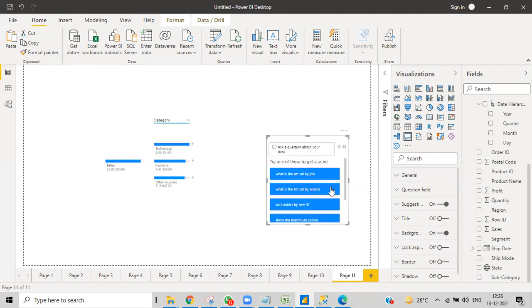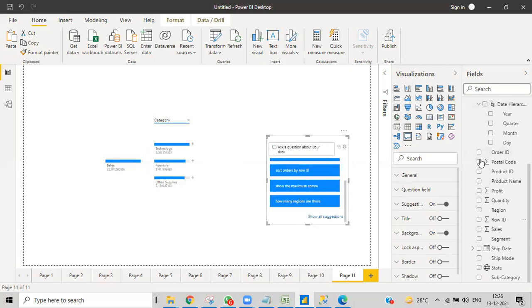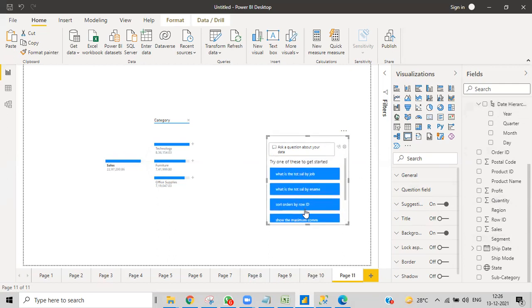We don't give any values over here. There will be some automatically, based upon our data; it will automatically show some things. But we can also ask directly. This is like Power BI intelligence, artificial intelligence. Whatever questions we are asking, it can understand them and then give the output. But the thing is, it will not be a graphical representation. It will be textual or integer-type output.